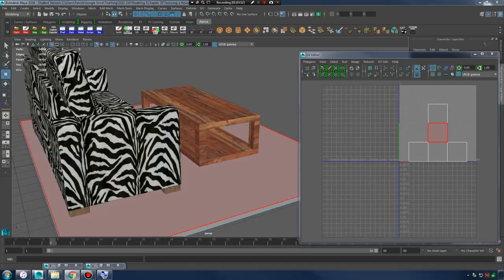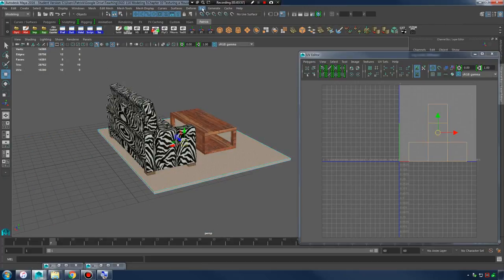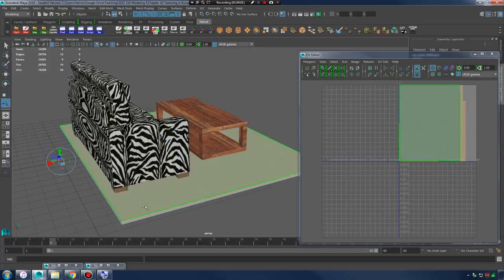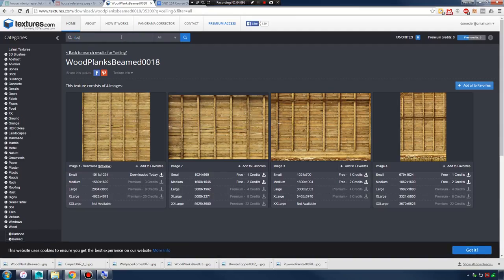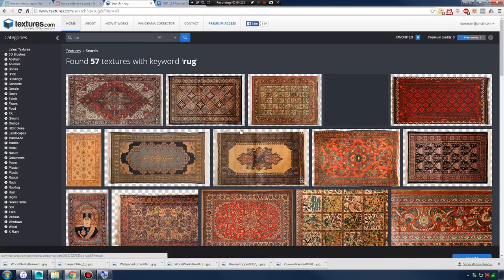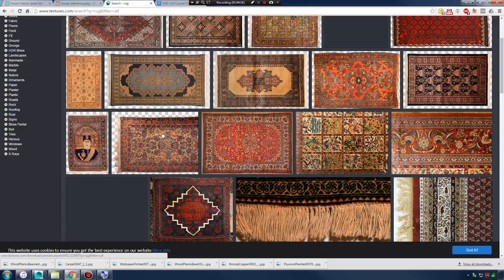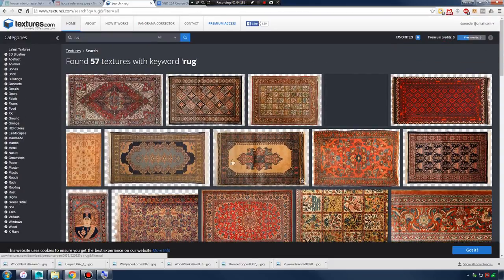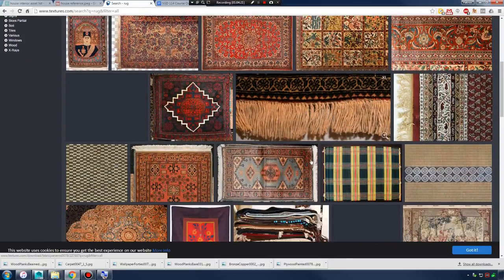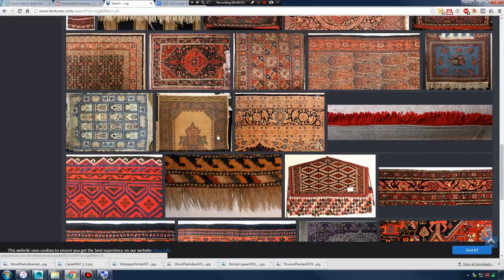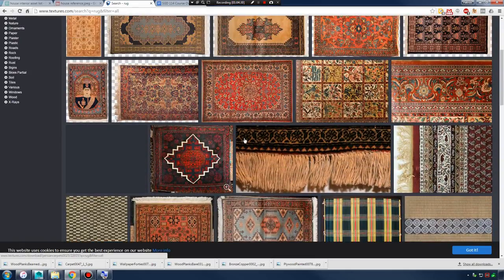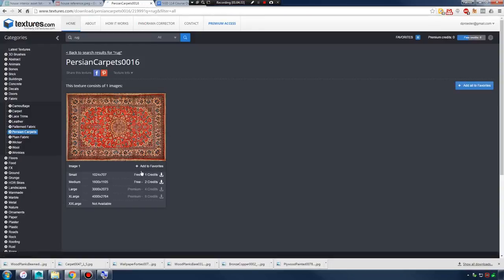All right, so let's tackle the rug. And we'll do an automatic map for it. UV automatic map. And we have to go in and find a good rug texture. So let's just type in rug and see what we get. So not too many seamless rugs up here, so we'll just work with what we got. And I think what I'll do is I'll find something that's kind of got a pattern to it. Just a lot of pieces of the rug here instead of a whole one. I like that one. So we'll download this,